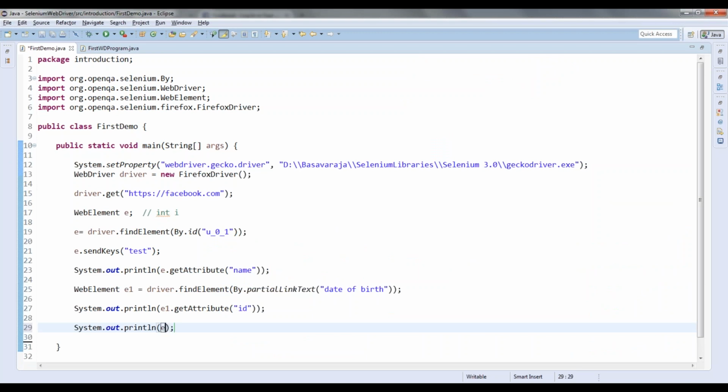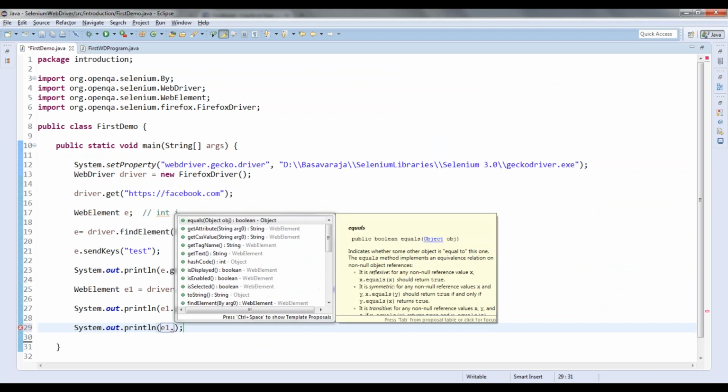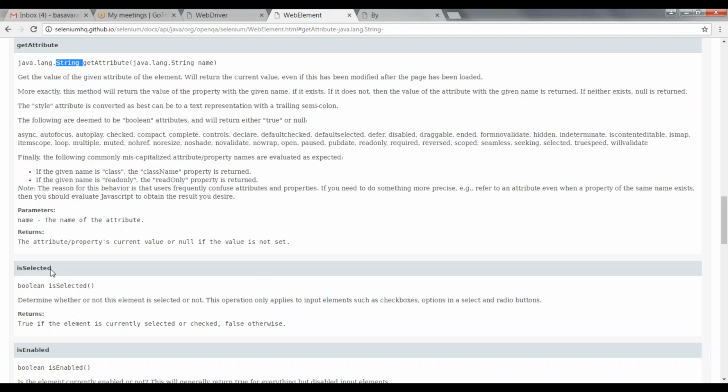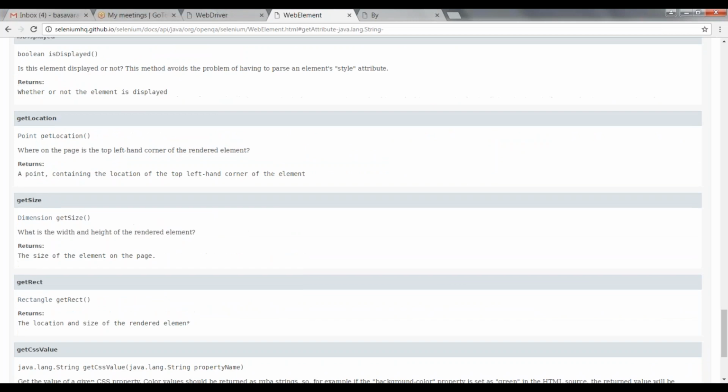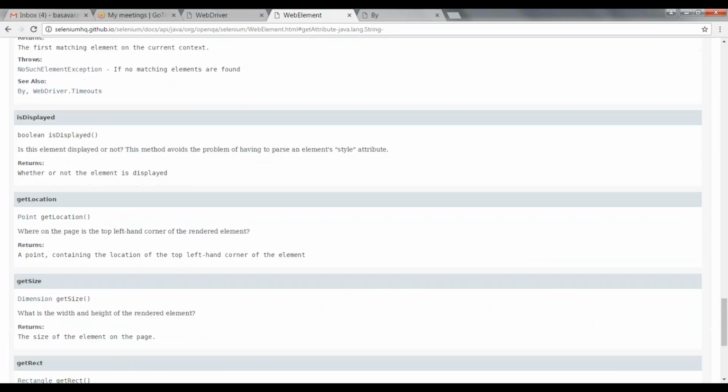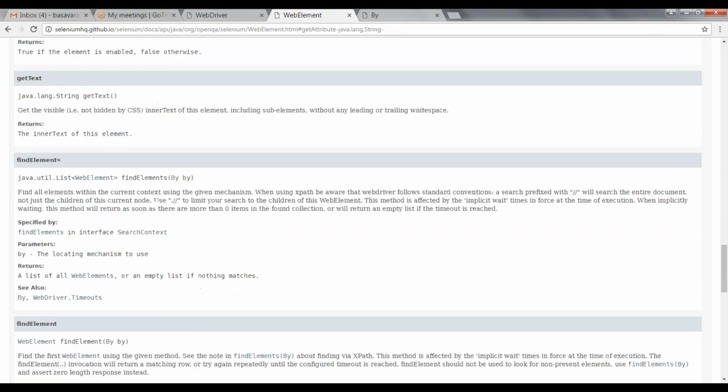System dot out dot println E1 dot, there is a method get text. This get text will give me the value of inner text, that is a string. Let me go to that method and show you what it is. You can see here, get the visible inner text of this element.